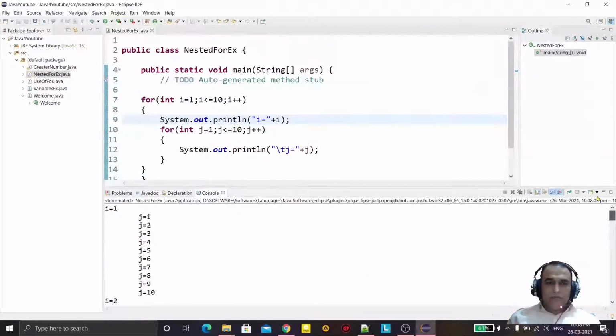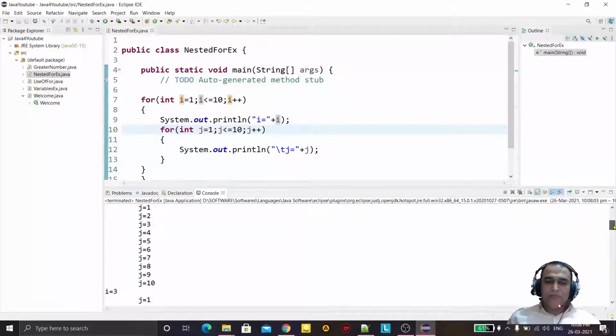The outer loop will run one time, then the inner loop will repeat 10 times, then again i will be 2, and this inner for loop will run 10 times, again the third i will be 3, and the inner loop will start 10 times again. So like this way it will run. You can see the nested for loop.